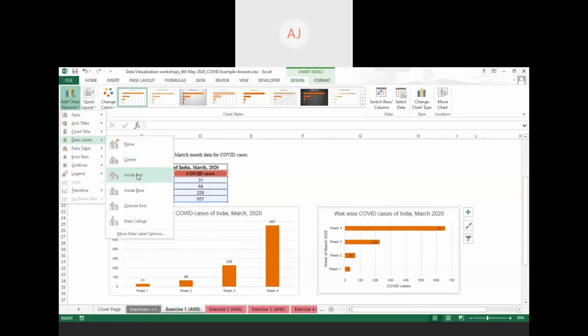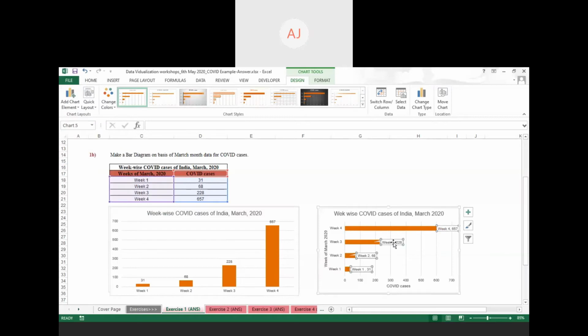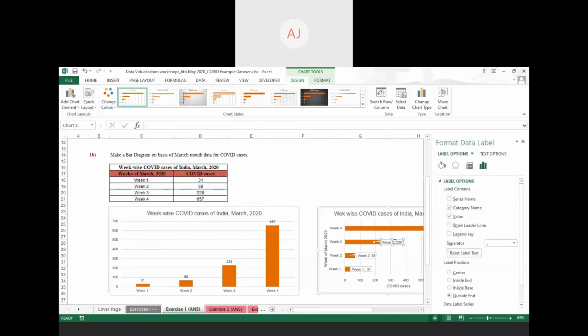You are looking, my value labels are moving throughout the bars. When you click on Inside Base, you will get the labels placed right at the base. If you want to label your data, you can use Data Callout also. In the Data Callout option, you